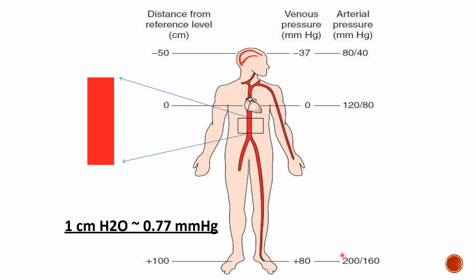So how can you explain this? The pressure in the vessels of the foot is higher than the pressure in the root of the aorta. So this is the root of the aorta, and this pressure is less compared to the pressure in the vessels of the foot. As the distance increases from the reference level, the weight or the force produced by the fluid in the vascular system increases, which is the reason for the increase in the pressure in the vessels.